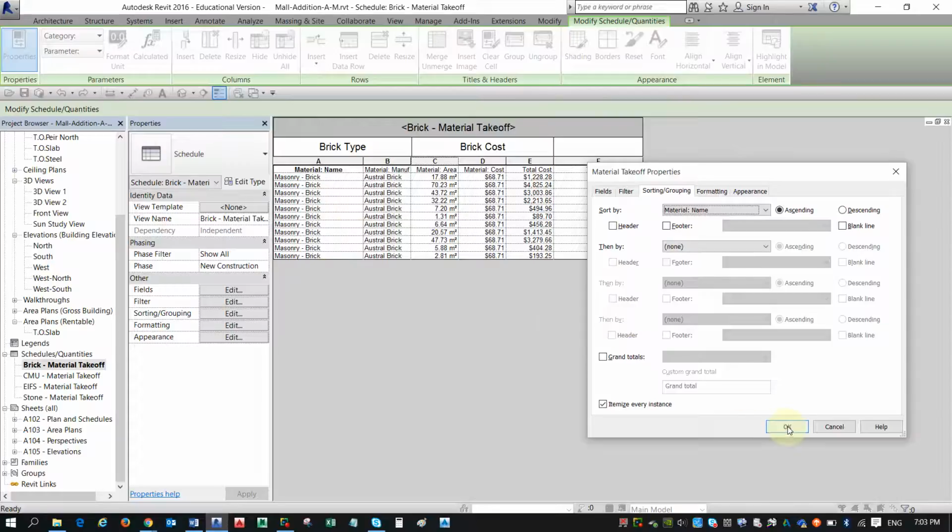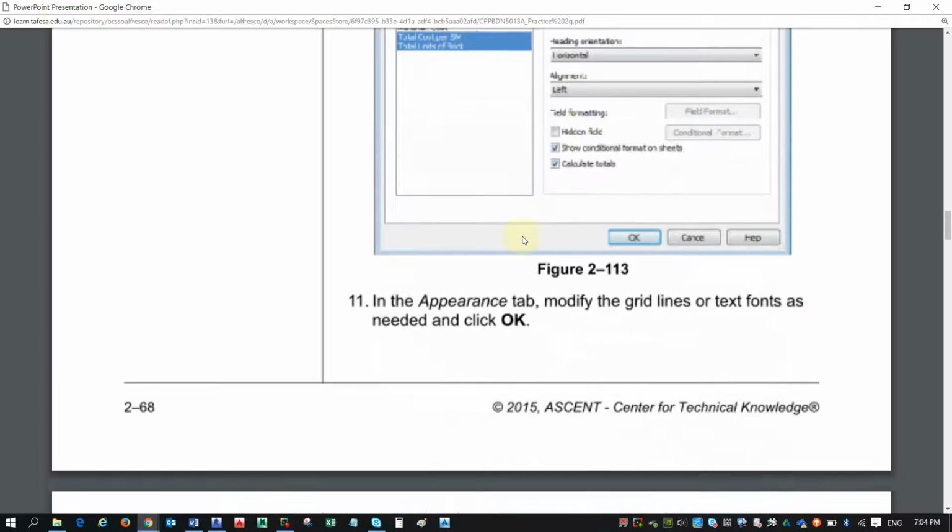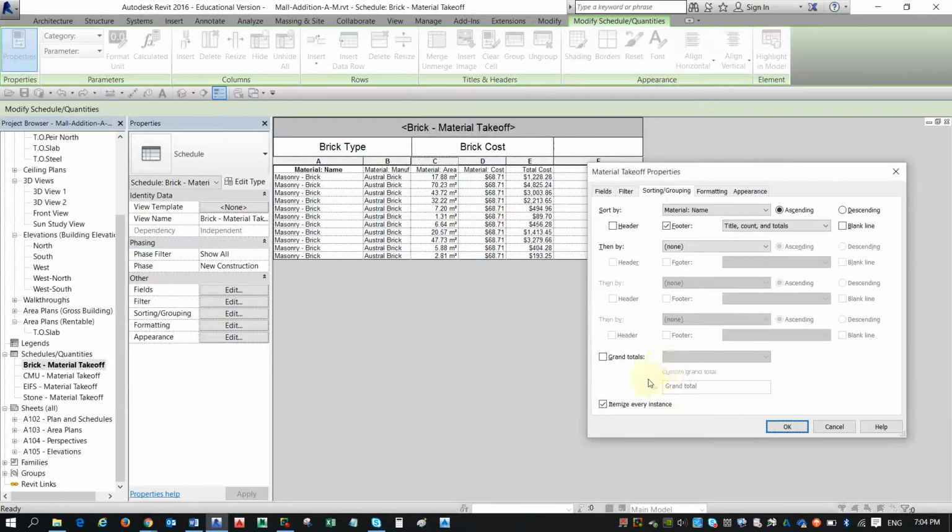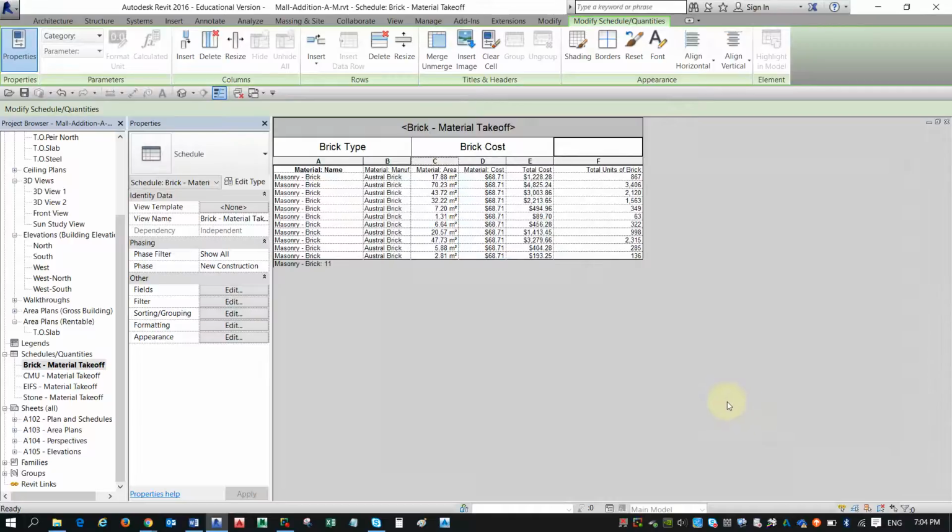Is this going to make any difference to us? And there's a footer or something? Is this even going to make any difference? Okay, let's go okay. And what's the other thing? I think it didn't tell us to choose something, but anyway, I'll leave it as it is for now. And go okay. So what is this? What has all that done? It's putting a total here, it's putting here bricks 11. It's 11 bricks. Is that right? That can't be right. No, it's 11. There's 11 types of walls, basically, isn't it? If I count all that, 2, 4, 6, 8, 10, 11. There's 11 bits of wall. Wow, that's really handy to know. Not really, but